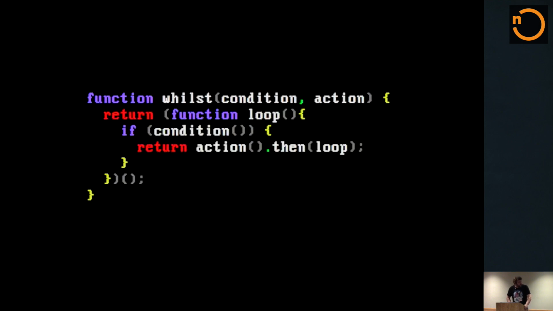So you can construct a method like this to help you out with general cases. Here again, I've got a condition and an action. An action is the function we're going to run at each loop iteration if condition is true. Here I've basically done a recursive call. In the waterfall or series example, we were able to make a nice linear tree of thens. We can't really do that in this case because at each step we have to check whether the condition is still true. So instead, it ends up looking rather recursive. So yeah, that's all there really is to doing effectively a while loop in Promise Land.